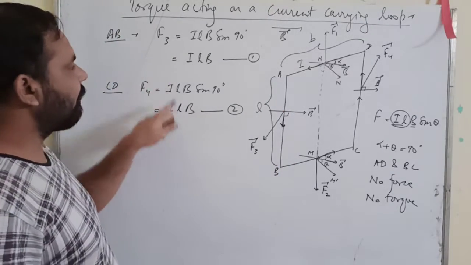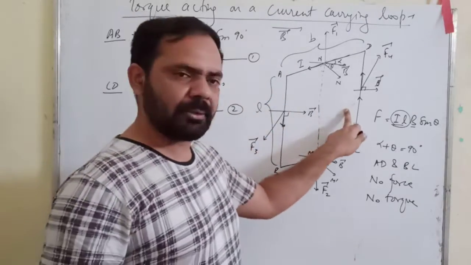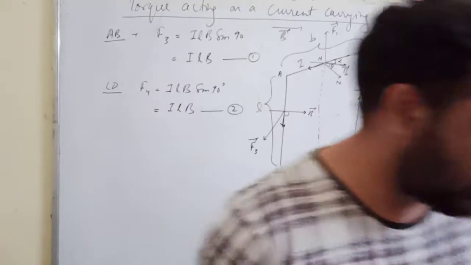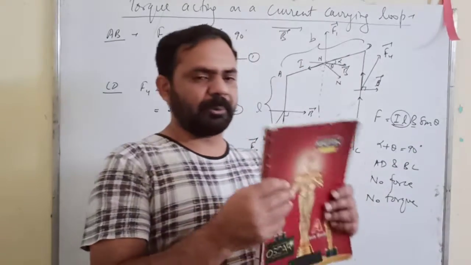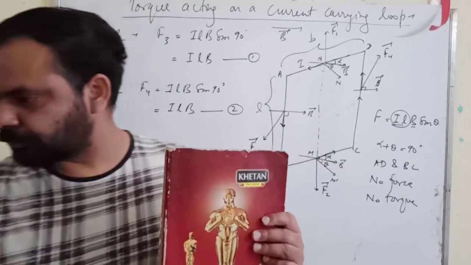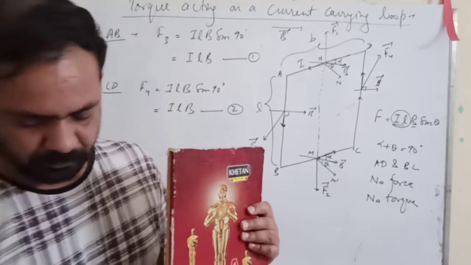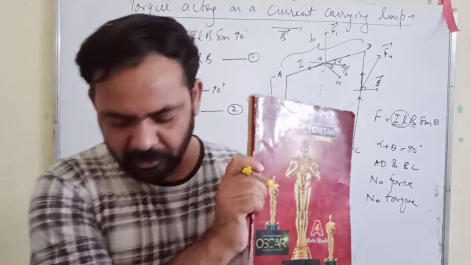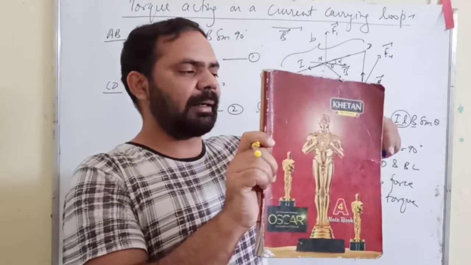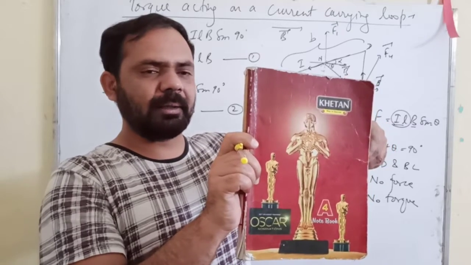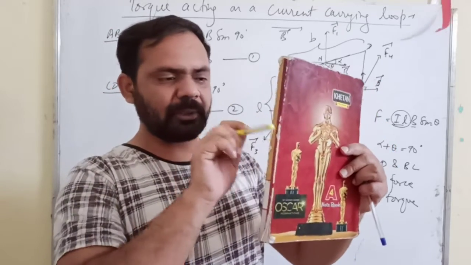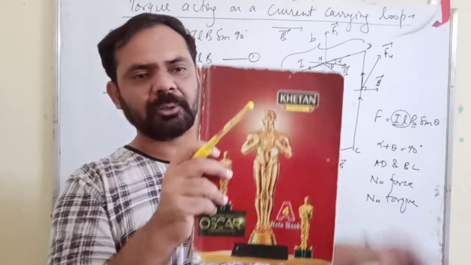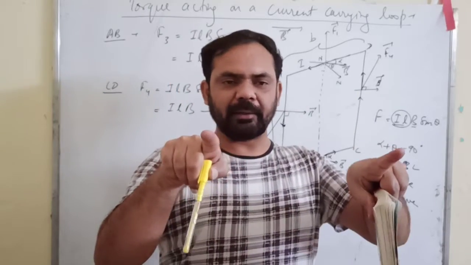Okay. So we have equal and opposite forces on the two branches. And their lines of action are different. Let me tell you once again how the lines of action will be different. Suppose this is your coil. Now, the force on this branch is ILB and like this. The force on this branch is ILB and like this. Now you can see that the line of action of this force is this one. And the line of action of this force is this one. So they are not the same line of action. They are at different points.